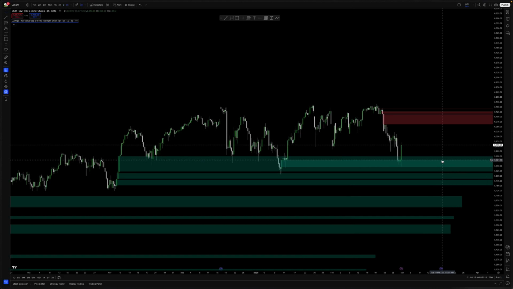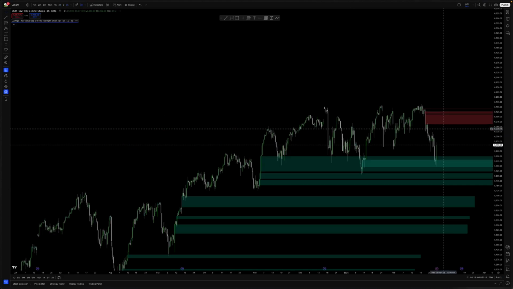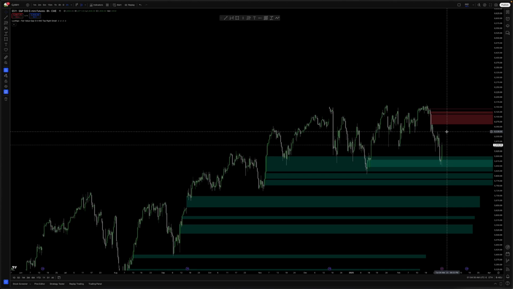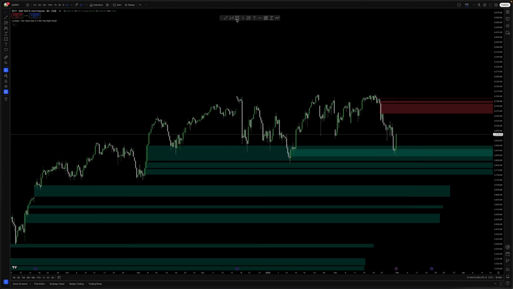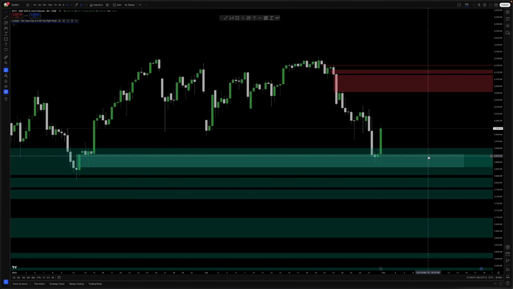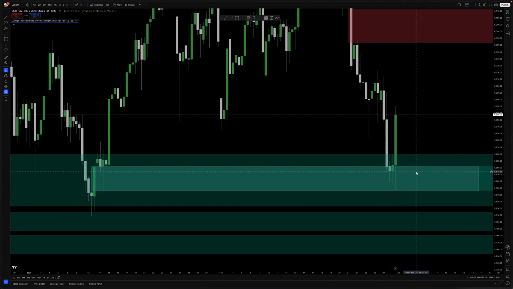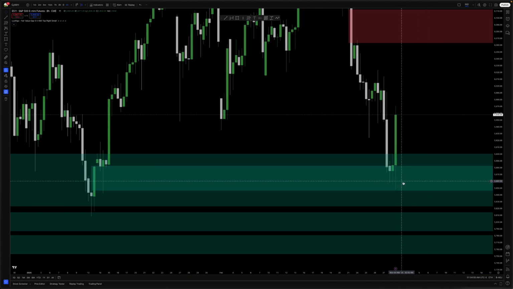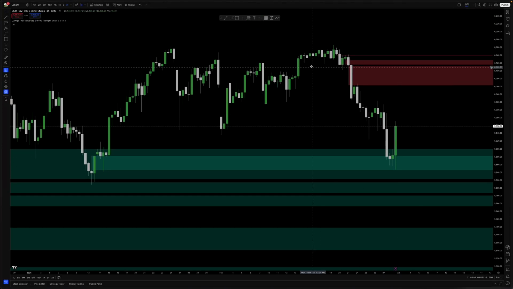I like to use the 8-hour chart rather than the 4-hour chart. It's similar, but somewhere between the daily and the 4-hour chart. So here you can see we are delivering off of this fair value gap, and as you can see, the bodies really do not want to be in this fair value gap. And before this candle closed, you would have probably seen a bearish candle all the way down here. So this would have been a bearish candle somewhere along this, but what matters is the candle closure, and the candle closed above here, creating an inversion fair value gap.